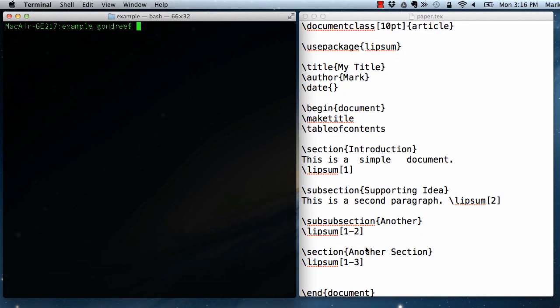So I have a simple document with sections and a table of contents and a title and the author's defined. What if I want to refer to something later? What if I want to talk about what's in section 2 or section 1.1? Well, by default, everything that has a number in LaTeX can be labeled and referred to so that I don't